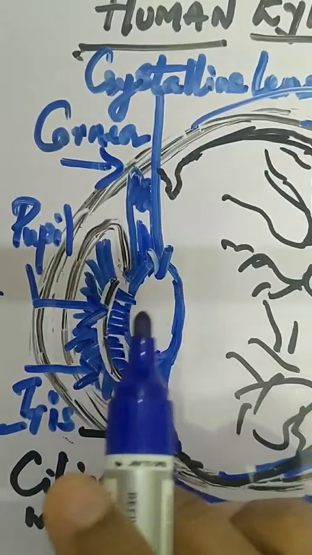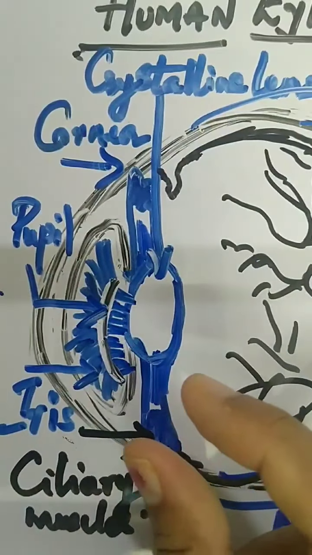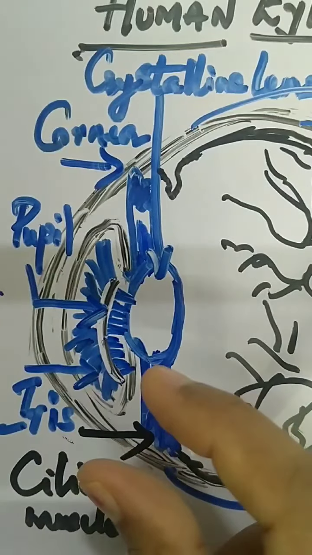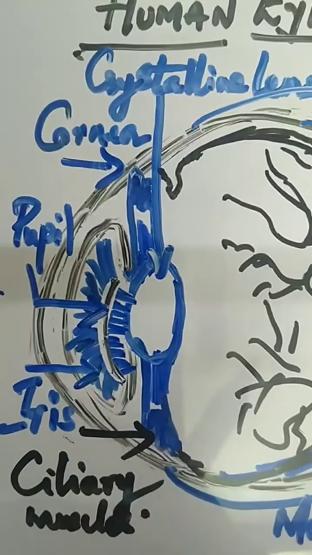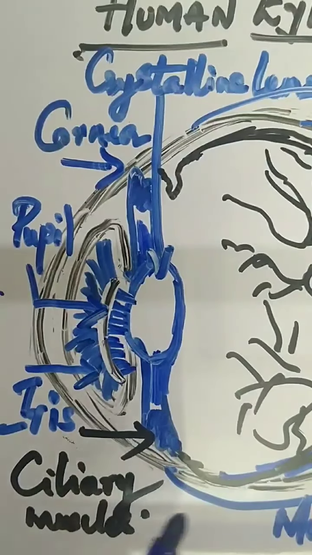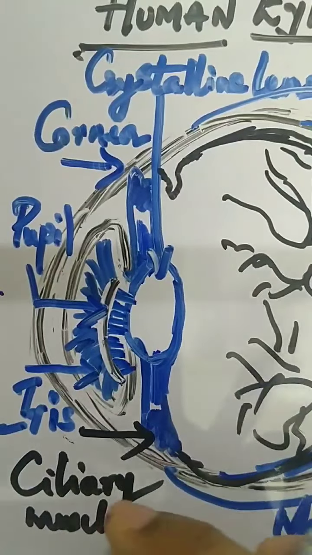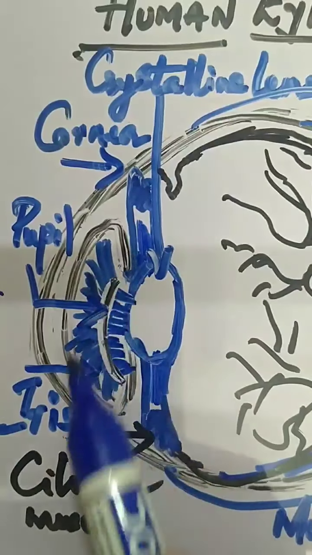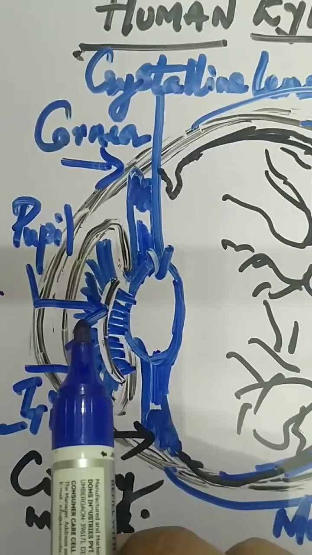More light, pupil will... you can just use your mobile torch and shine light on your own eye and you can check it. The pupil dilates and expands. Okay, you can go through that. So there is widening as well as contraction of the pupil depending upon the intensity or the amount of light which is incident in the human eye.